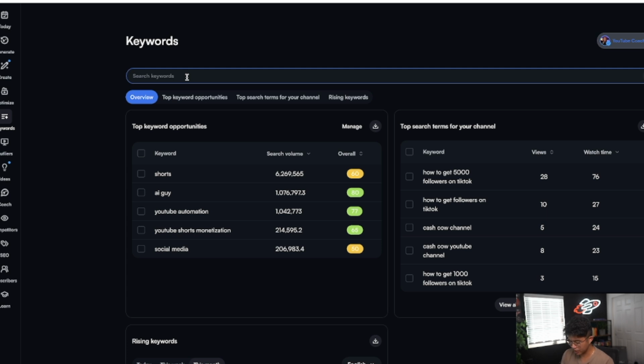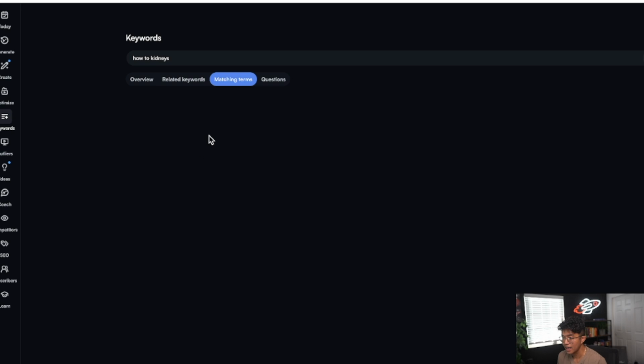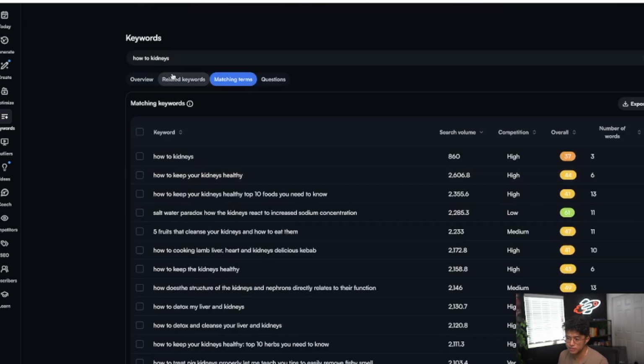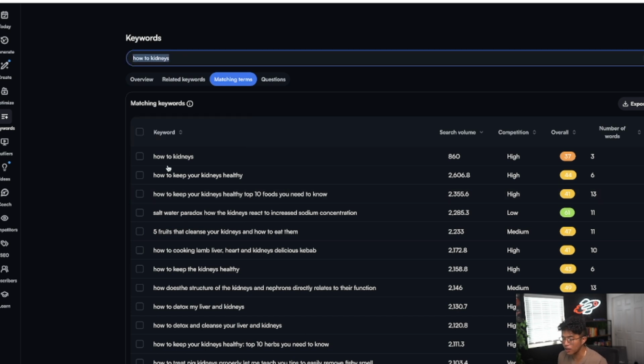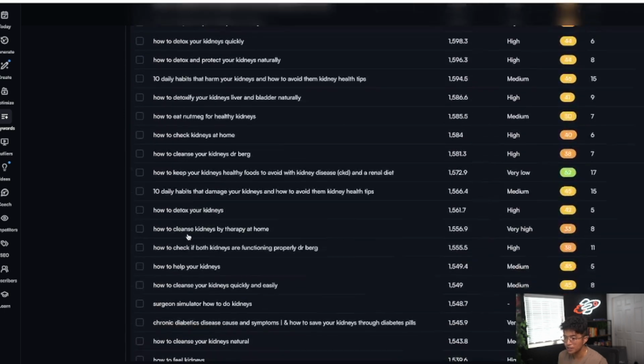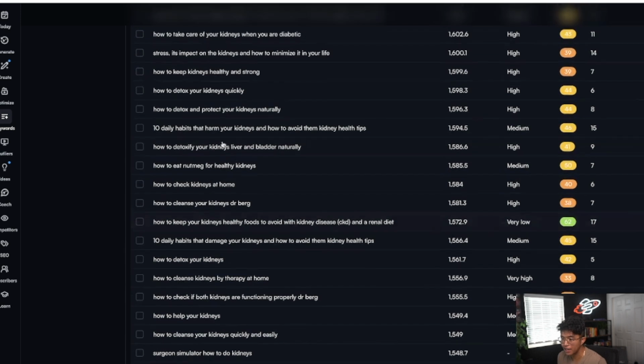But essentially, my go-to power phrase here that I type into vidIQ is "how to kidneys." And then I click on matching terms. And so this right here is going to populate with all the how-to terms related to kidneys. So matching terms means that these 3 words are going to be in the search term. And you can see here, these are all the terms that people are typing into YouTube that you can create videos to rank for. So if I create a video on how to eat nutmeg for healthy kidneys, this video